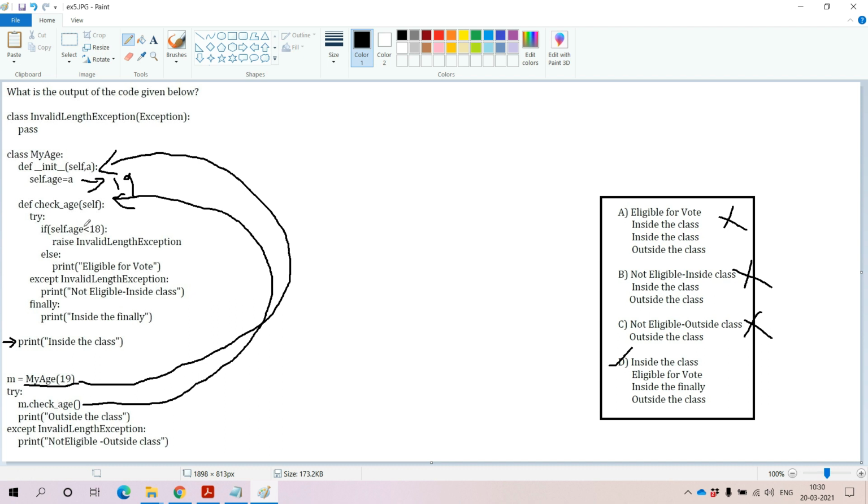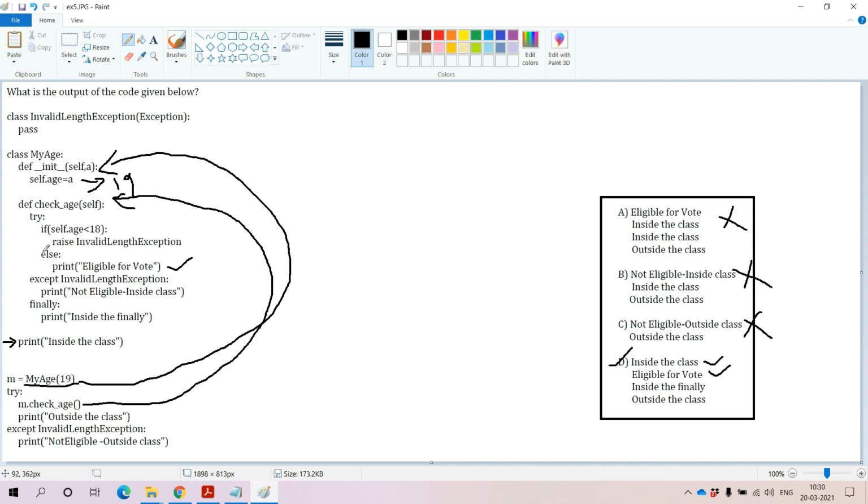The condition fails here, so it will not enter the if block, it will enter the else block. Within the else block, the next message that we are going to get here is eligible for the vote. Yes, the second message is eligible for the vote.